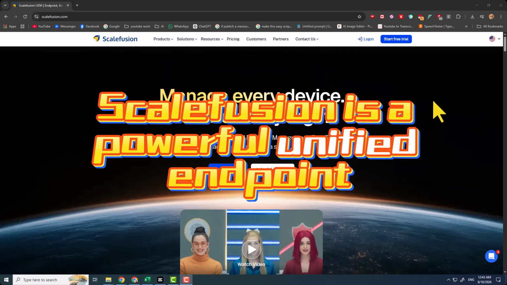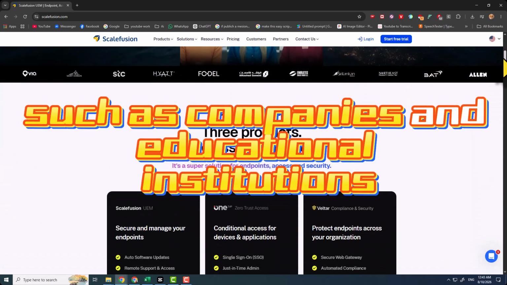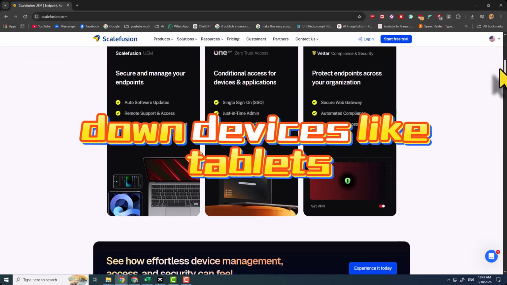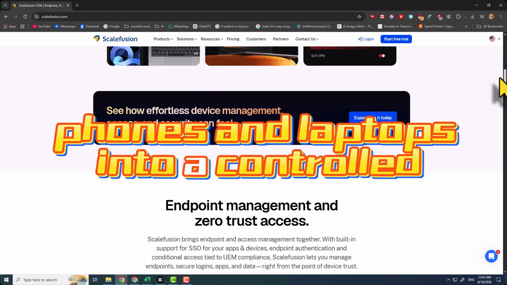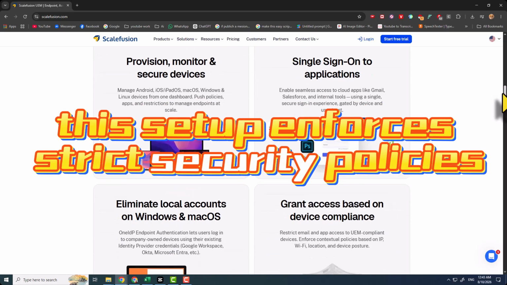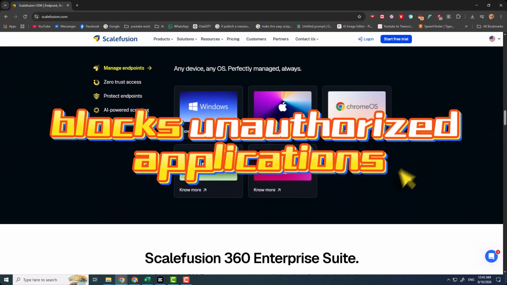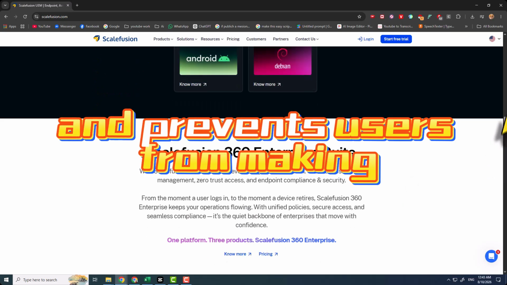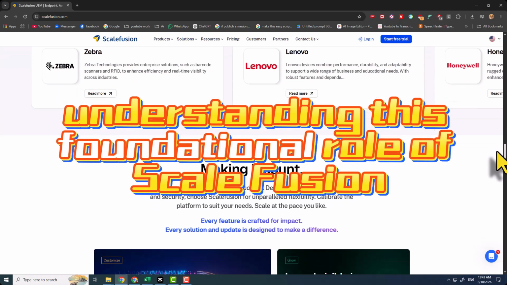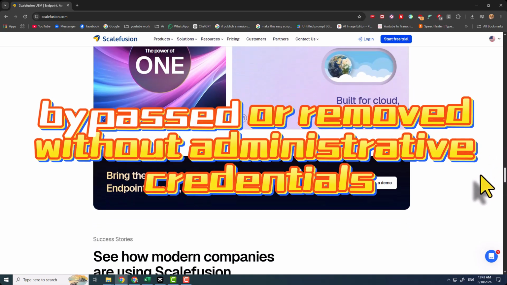Scalefusion is a powerful unified endpoint management tool widely used by organizations such as companies and educational institutions. Its primary function is to lock down devices like tablets, phones, and laptops into a controlled environment known as Kiosk Mode. This setup enforces strict security policies, restricts access to certain settings, blocks unauthorized applications, and prevents users from making changes without proper authorization. Understanding this foundational role of Scalefusion is essential before exploring whether it can be bypassed or